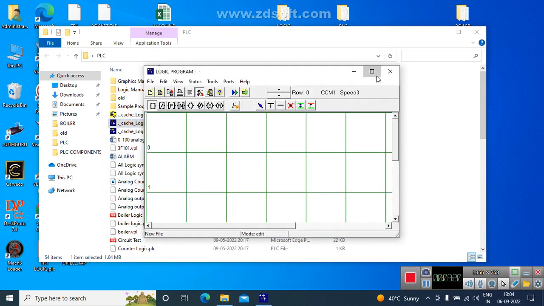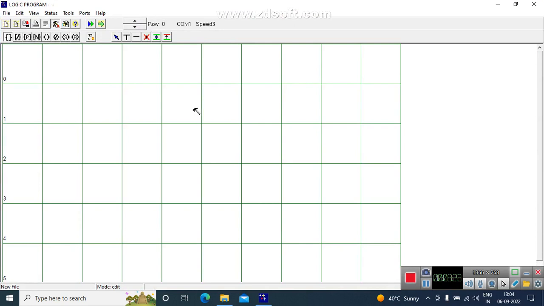Okay, now guys, here what you see is a lot of boxes. I'll try to explain what this is. Say this is row 0. You can see here row 0. Up to 9 boxes are the inputs. The 10th one is for the output. Okay, row 1, row 2, row 3, row 4, row 5. You can go down as